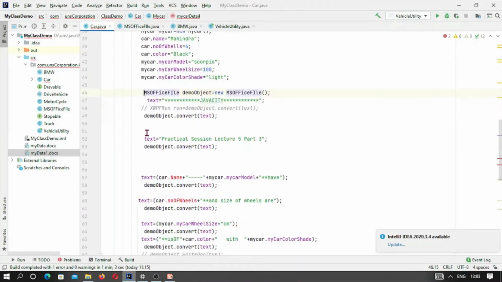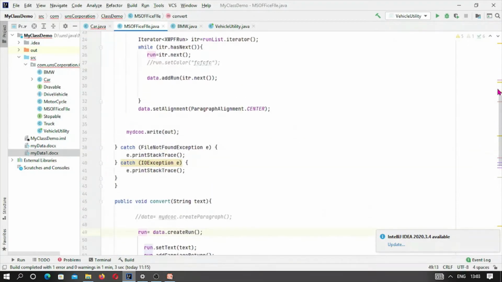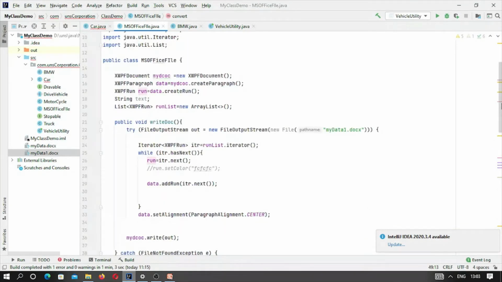Now we are printing out the things, and this is an outer class object. You can see here this is a demo object of this MS Office file, and this is Apache POI. So these are the various things we can do.